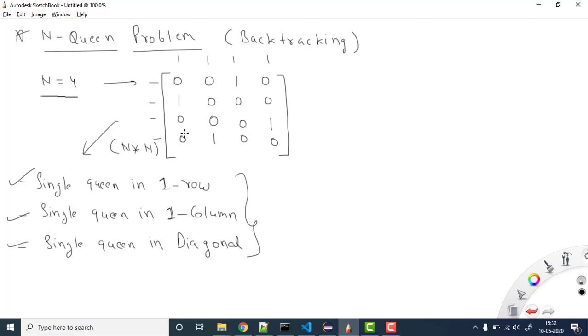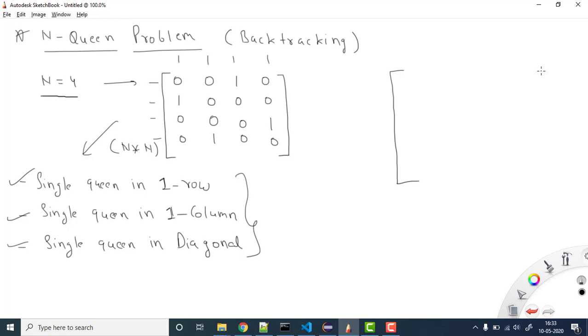So how can we solve this question? The important point is that whenever you are placing the values, you need to always take care of these conditions, whether they are maintained or not. So let's take a matrix, because this matrix will be the final matrix that we give as output, where you can see that all the queens are placed perfectly as per the conditions.